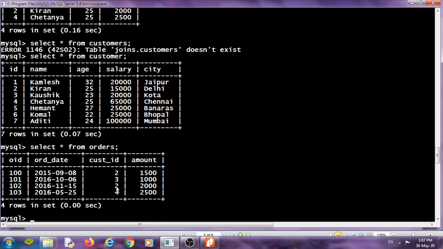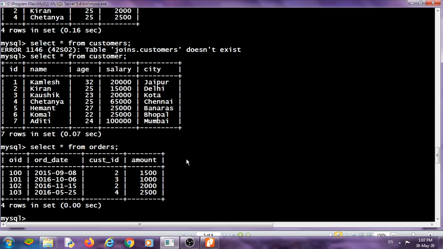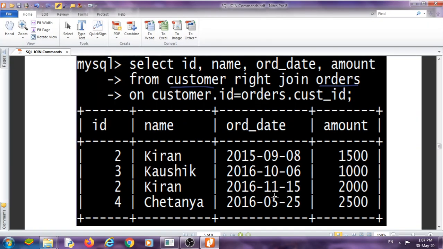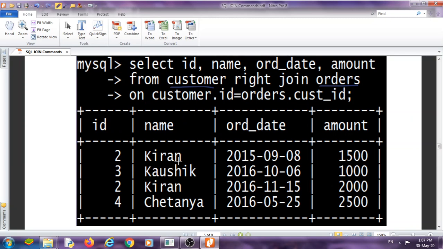There are 2, 3, 2, 4. Okay, 2, 3, 2 and 4, and order date is already given from the orders table, amount is given from the orders table, and name and id are from the customer table, right? Because here are only these records in the orders table.